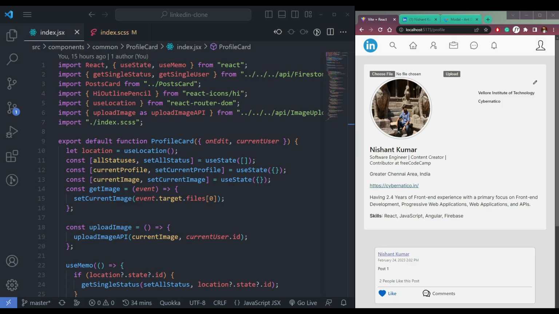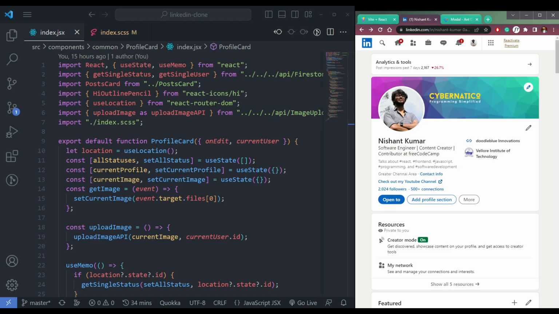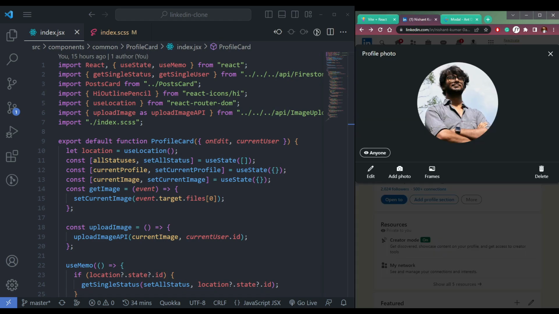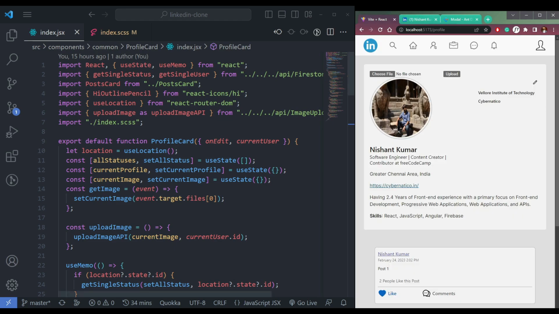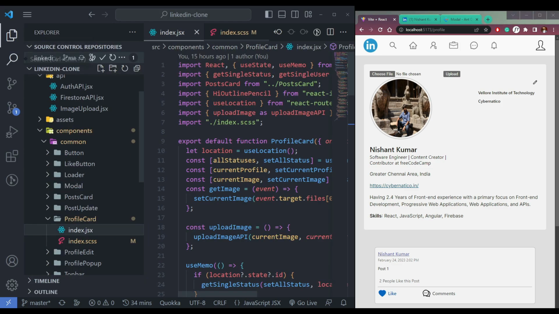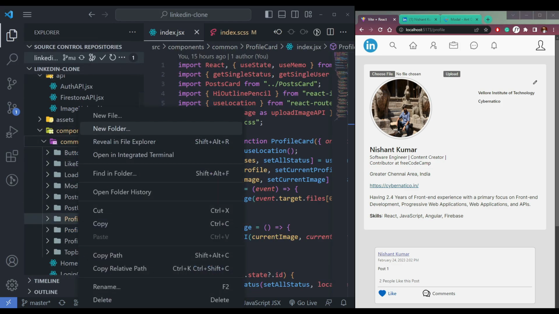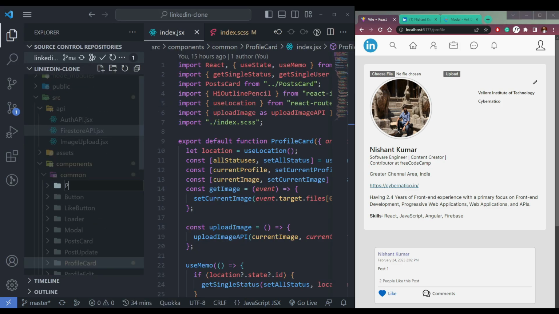Now let's design our file upload modal. So what I mean is, on LinkedIn, if you click this, we should see a modal opening up. So the same way we have to do it here. Let me create a component for modal. So this will be, let's say, file upload